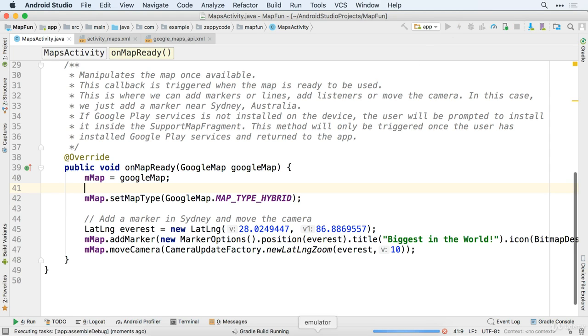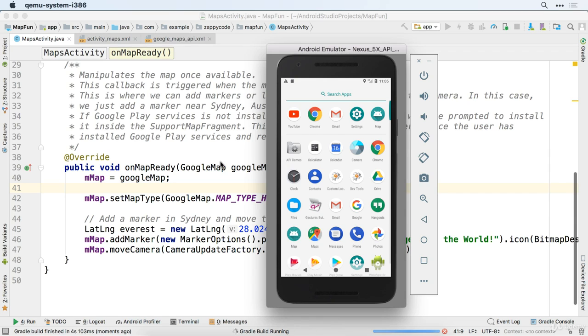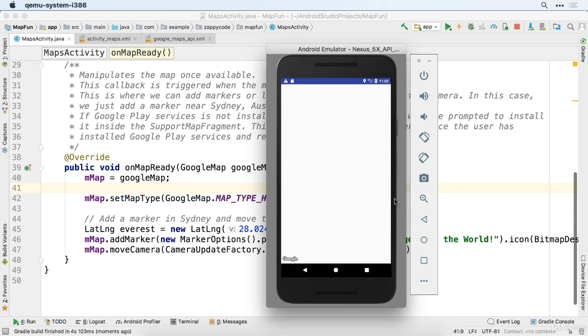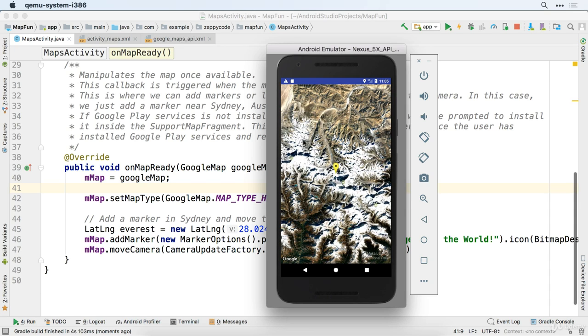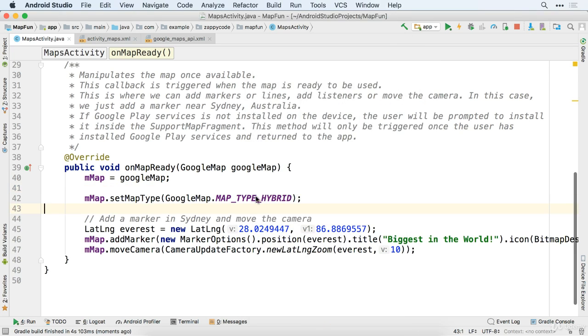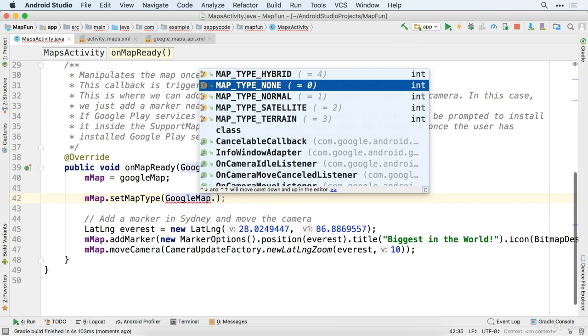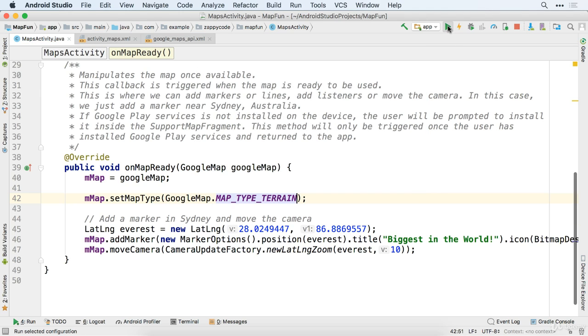Okay. So we'll go ahead and run that. And here comes the app. And look at that. We get this awesome image of Mount Everest there. We've got some good names going. So, man, so cool how this works. I'm just interested. I want to see, for example, what the terrain looks like. That might be a really cool